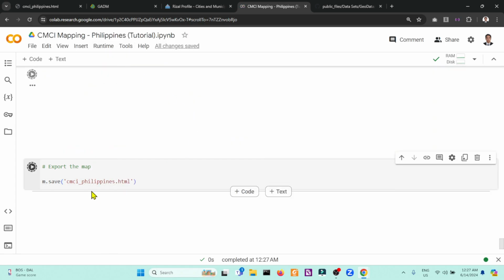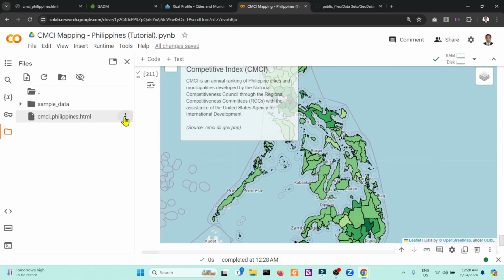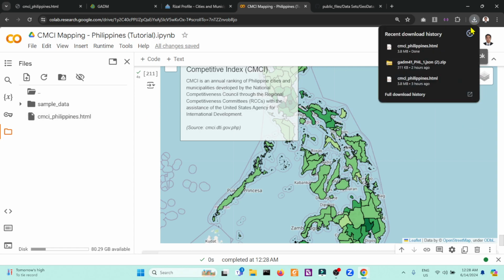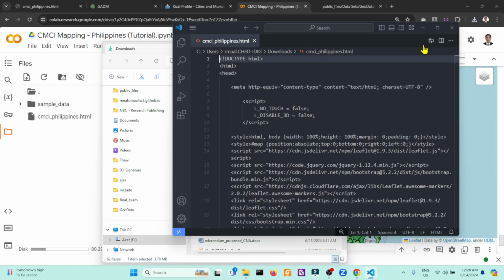If you run this one, we will download the map so that it can execute on its own without the need of Google Colab. If you're ready to export this one, you can download it here. So it's downloading. Then after downloading, it can exist on its own.